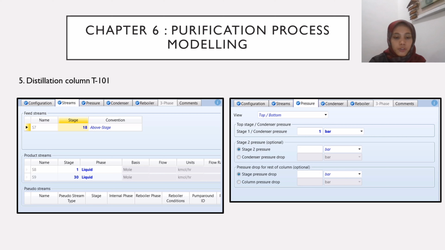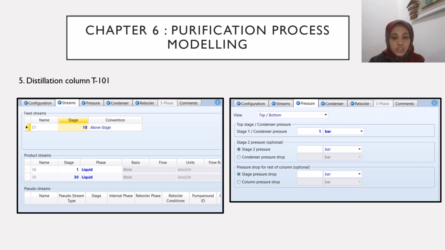The number of feed stages is set as 18, above stage, under the stream tab. Then the condenser pressure at stage 1 was set as 1 bar according to the top feed pressure. The simulation is run by clicking F5 and checking the results under the T101 block at stream 9 to check the purity of acrylic acid. So I had run the simulation, and in order to reach the mass purity of 99.9%,